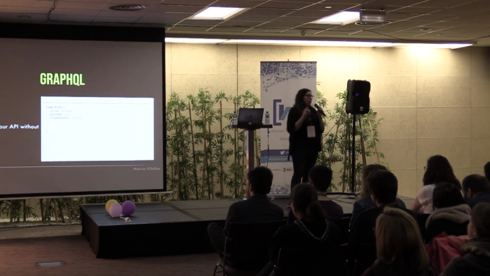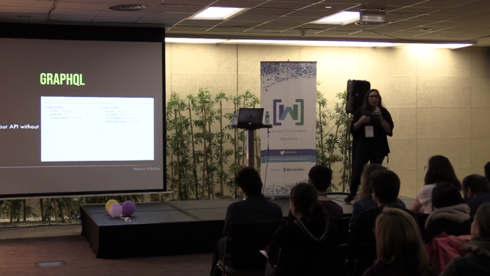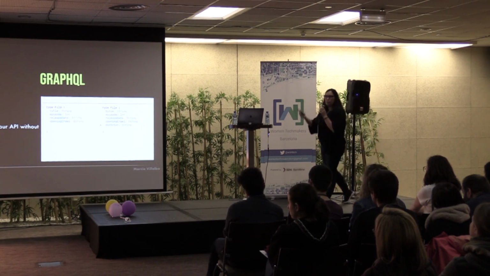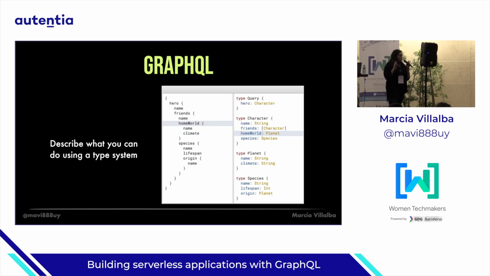Next, it evolves your API without versioning. It has tools like deprecating fields and kind of hidden fields that you can use in your definitions. So then it's backward compatible for your old clients, but then you can also let the new clients know not to use this field, as it has been deprecated. And it's easier for maintaining later on, because you can keep a set of tests, not 2 million different endpoints that you don't know who is using, and you need to add tools to manage that.